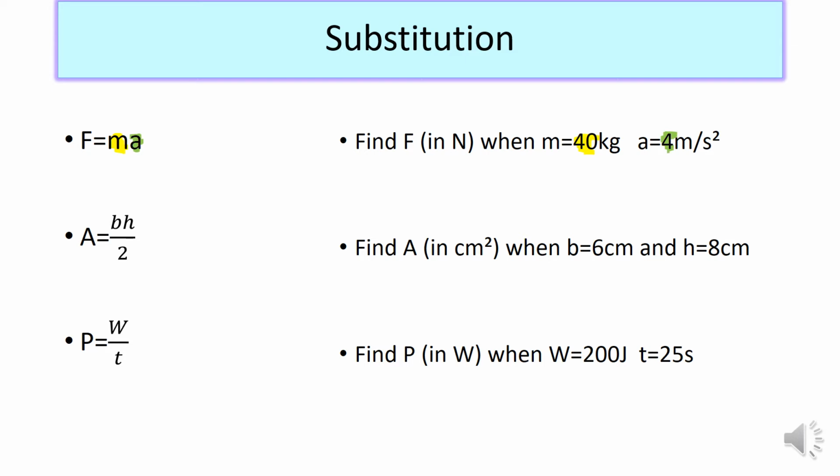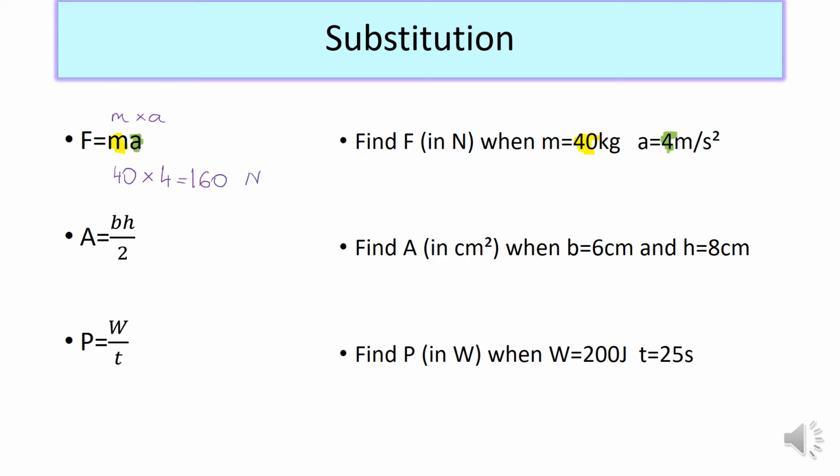Now, please remember that when you have MA, the operation here is times. So that actually means M times A. Now, the value of M is 40, so that's 40 times, and the value of A is 4. So that is going to be